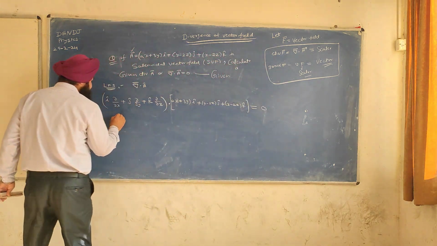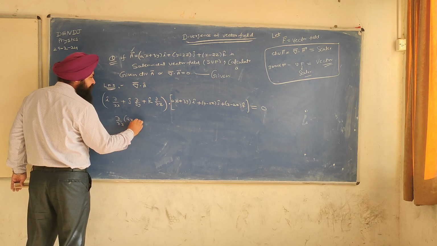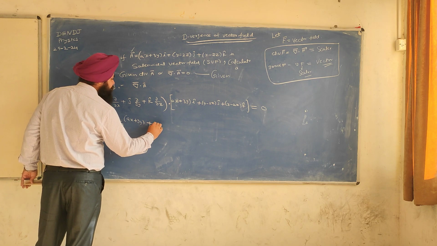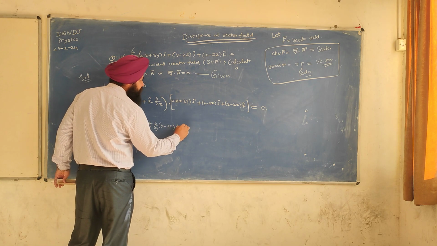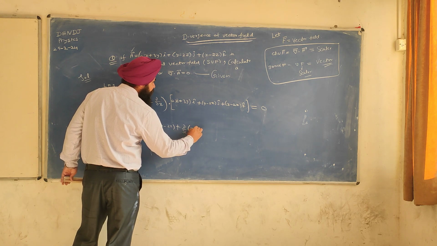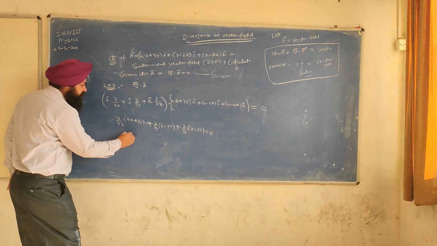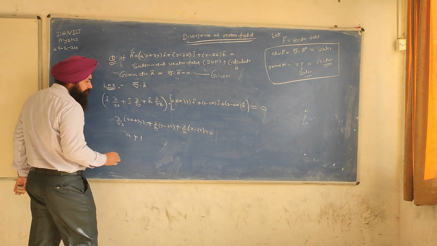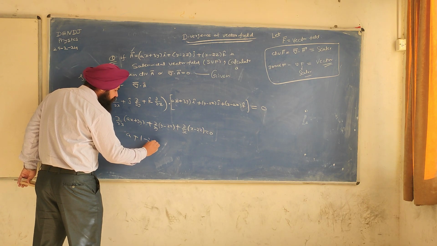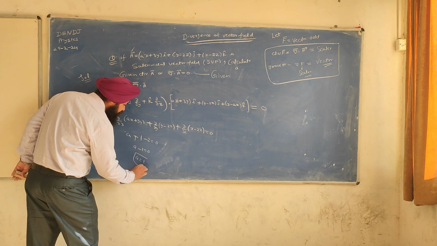Now see what's the answer? Curly by curly x of ax plus 3y plus curly y of y minus 2z plus curly z of x minus 2z is equal to 0. Now this gives me a plus 1 minus 2 is equal to 0, a minus 1 is equal to 0, a is equal to 1.